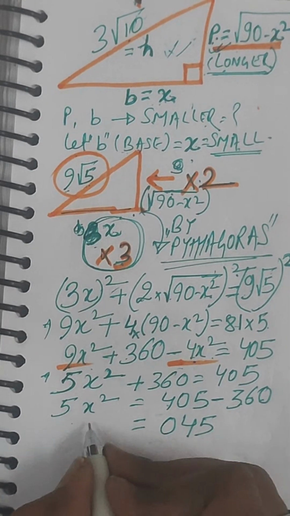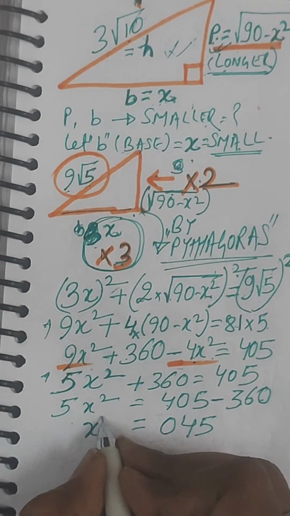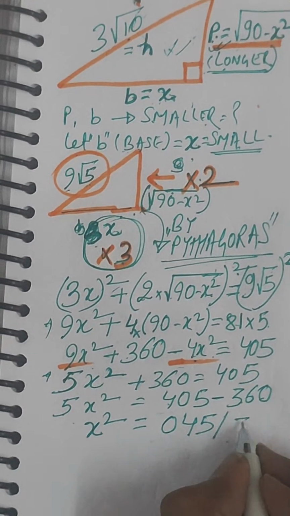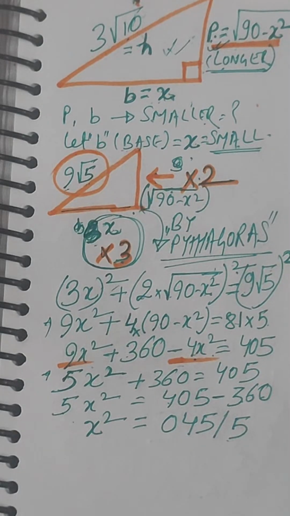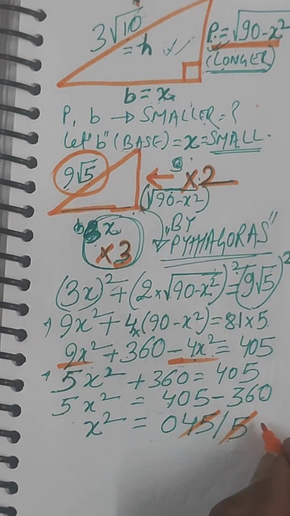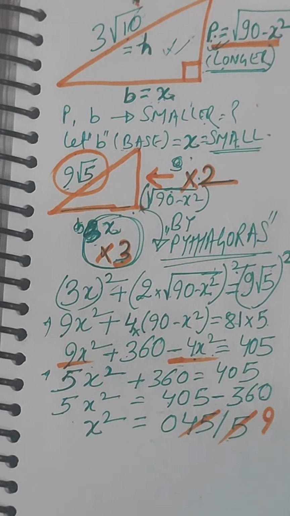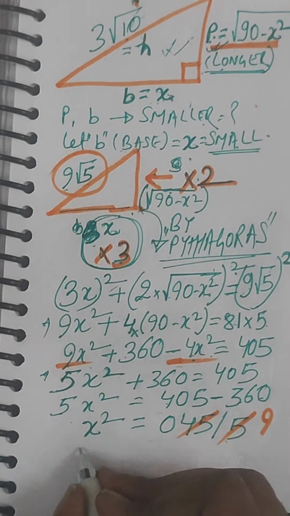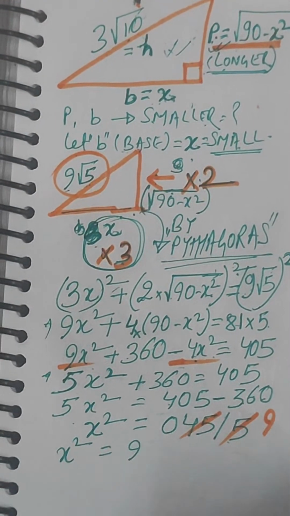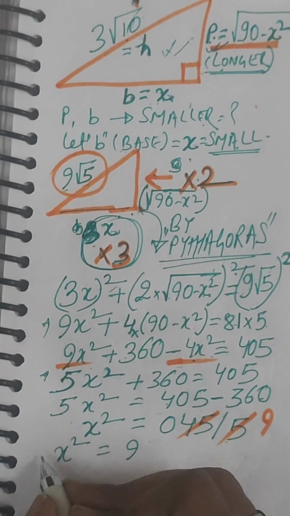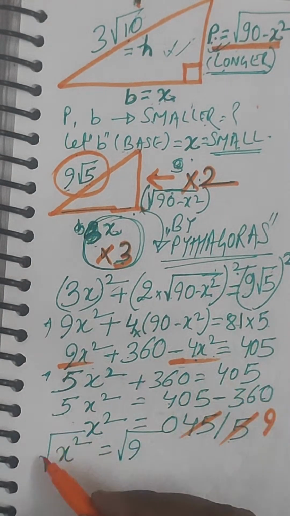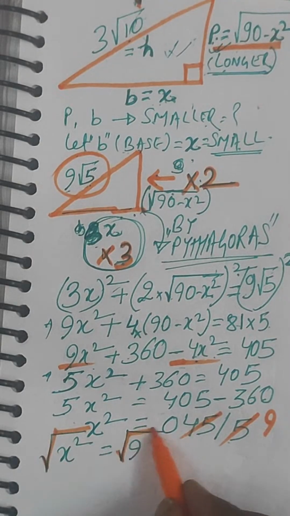So 5x square will be equal to 45, and when 5 is brought to the denominator of RHS, it will divide 45 in 9 times, and the value of x square is calculated as 9. When you take the square root on both sides of the equation,